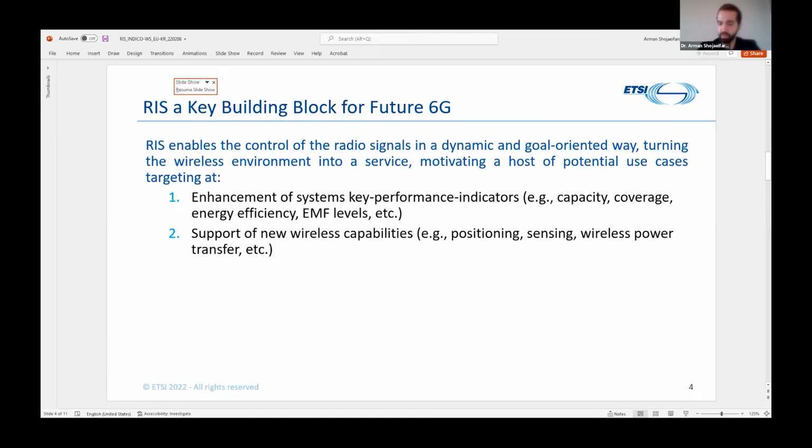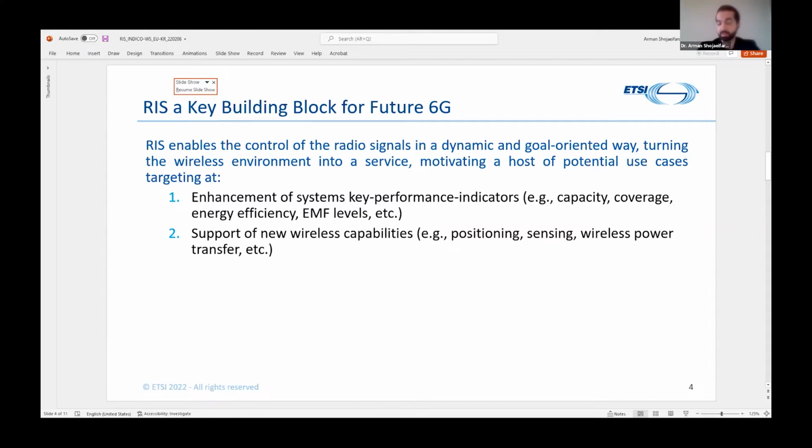So these include aspects, for example, such as further localization and positioning, wireless power transfer, ambient backscattering, and so on. RIS can be potentially deployed both indoor and outdoor, in offices, airports, shopping malls, lampposts, and it can potentially take any shape and be integrated onto objects.